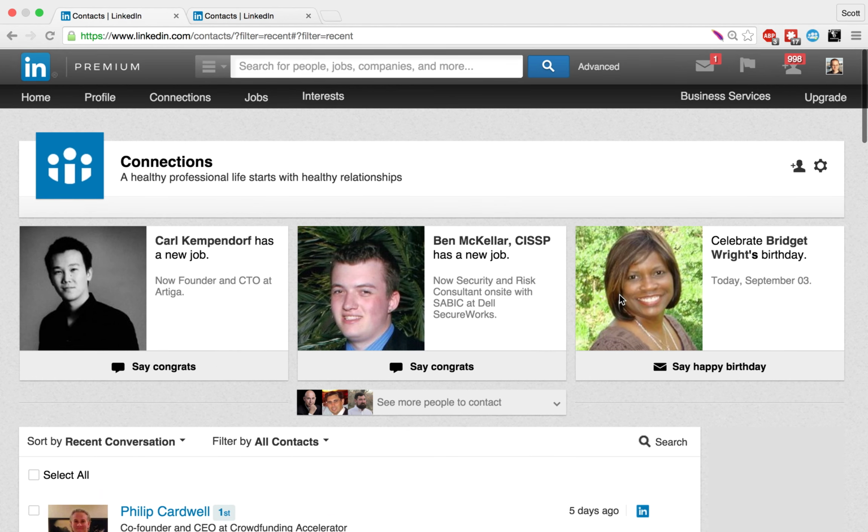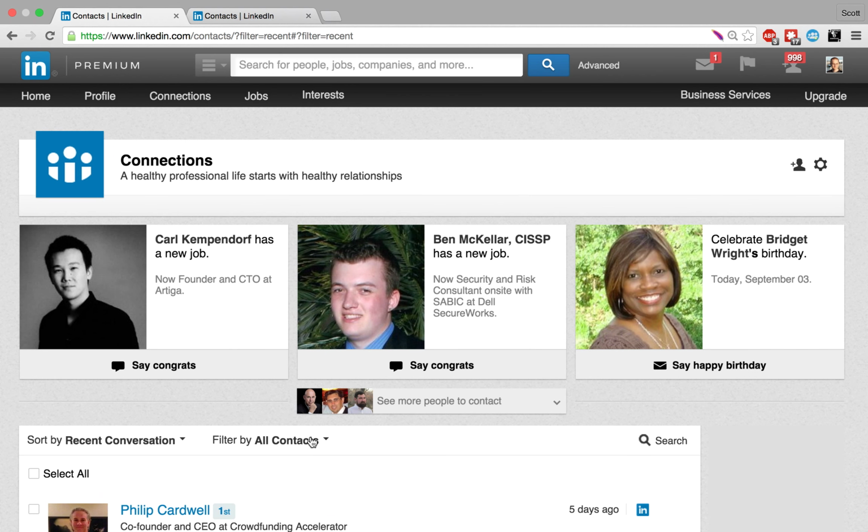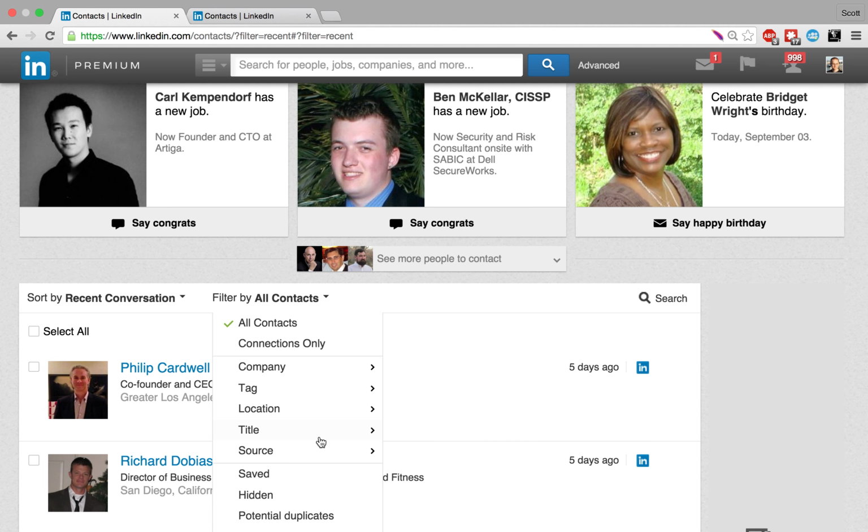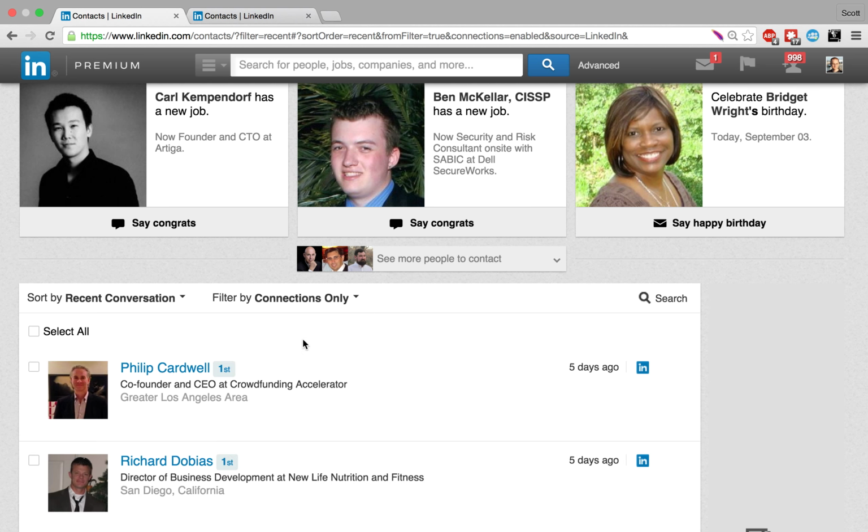Now, what happens if you want to see only your contacts but not your connections? LinkedIn makes it a little bit confusing here. So even though it says you're viewing all contacts, actually contacts are a little bit different than connections. So first of all, that's confusing how they label this here, because right here I'm going to view only